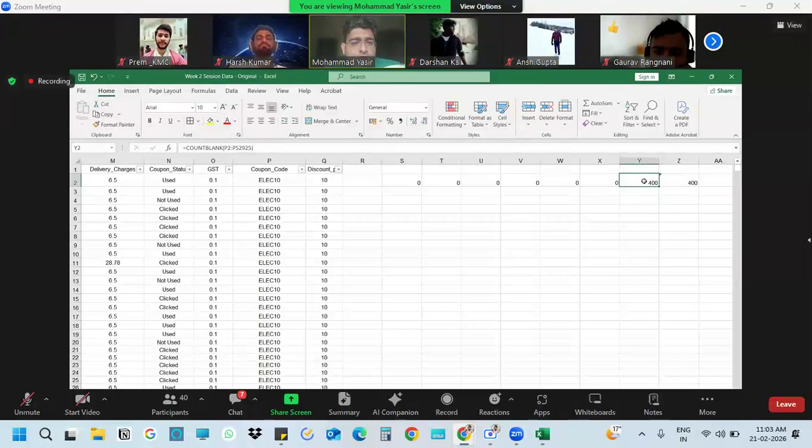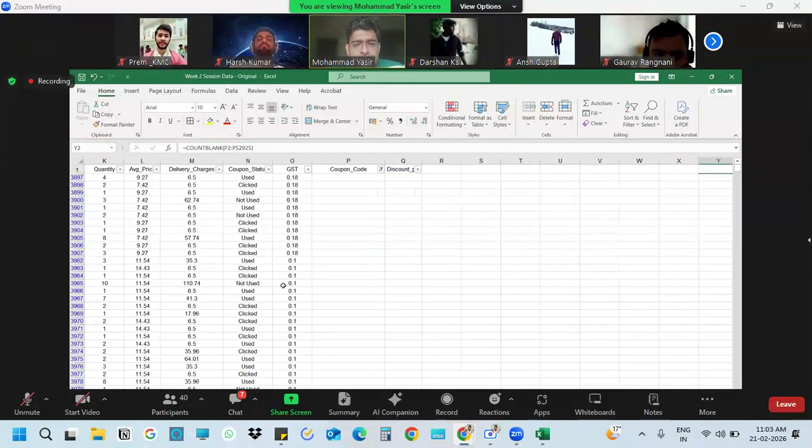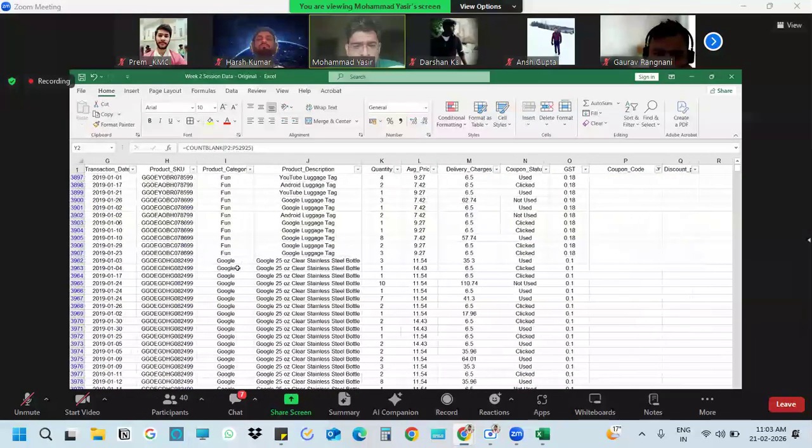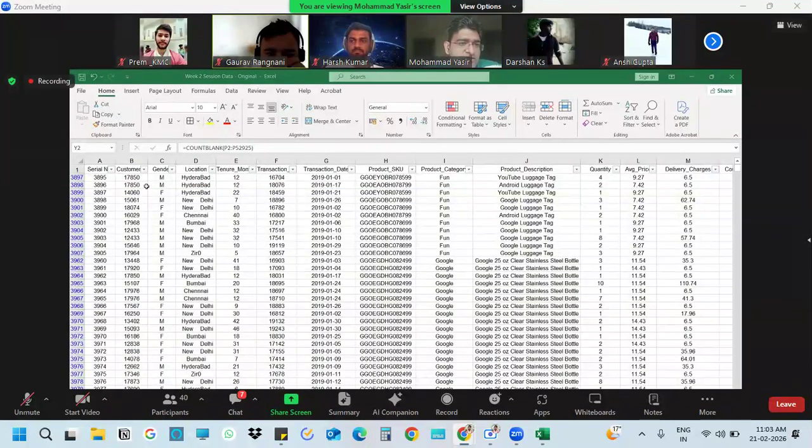Now coming to these 400 blanks, let us try to filter these. Can we delete these 400 rows? We can't, because they have all the transaction data: customer ID, tenure, transaction ID, everything.